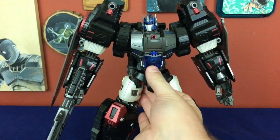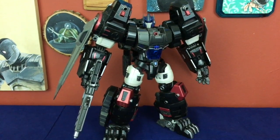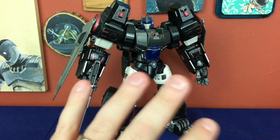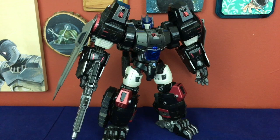DX06B Nemesis Gorira. I've already made it abundantly clear, but I absolutely love this figure. I mean, Beast Gorira was cool. Beast Gorira was very cool. But in this color scheme, it's no contest. At least not for me. This was a very worthwhile upgrade in my mind. I'm so glad I exchanged the more transmetal Optimal Optimus style figure for this one, because it looks so cool. I love the colors. I definitely prefer the head with faceplate on it versus the exposed mouth, which I know is accurate to the original design with the mouth being shown, but I prefer this look. It's a great figure in its own right, but in this color scheme it is